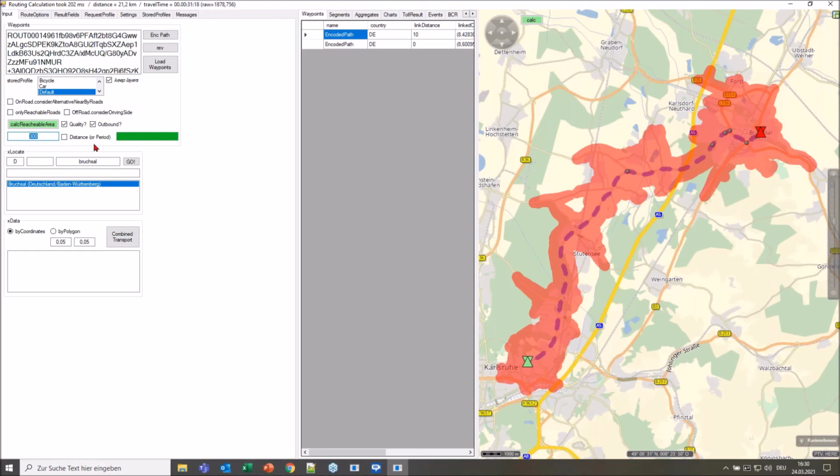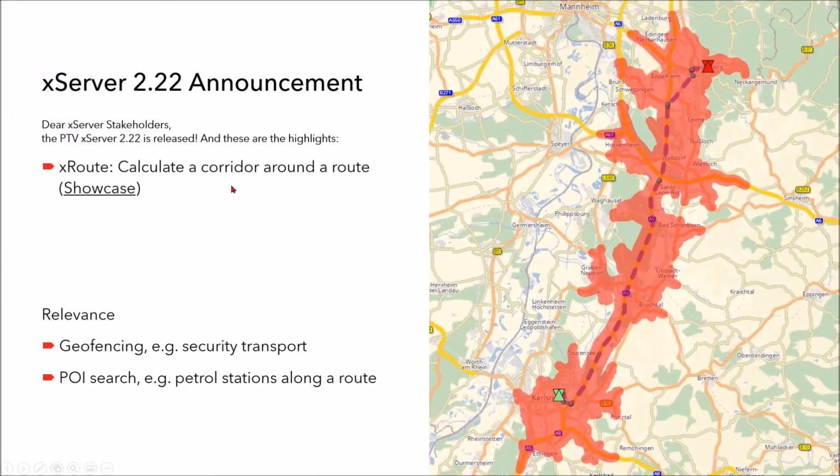This is also working with distance-based approaches, and you can use it for two major use cases. One is the classical POI search. Let me start with the second one here, the POI search. Let's say you have a database with parkings, petrol stations, all these kinds of things, and then you can just create what parkings can I reach along the route I'm supposed to drive tomorrow or in the future within